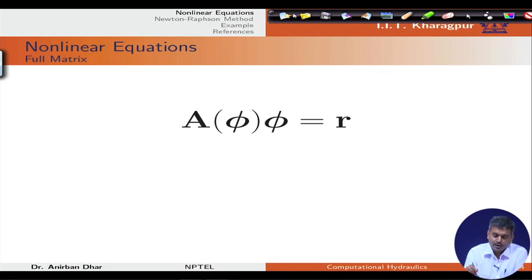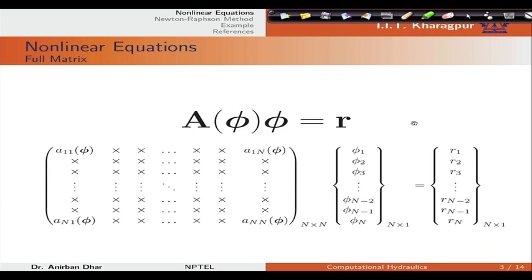If this matrix A or its coefficients are functions of phi, then the situation will be different. So, in this case we can write the final form like this,